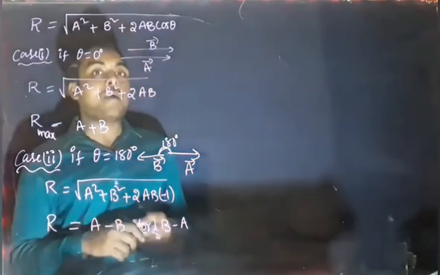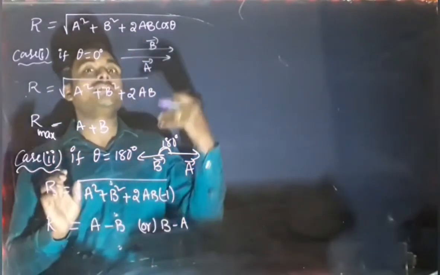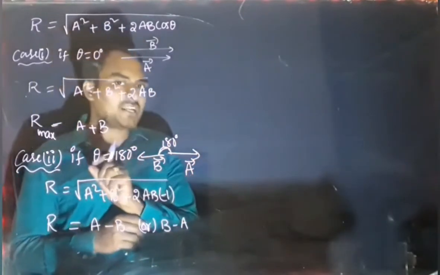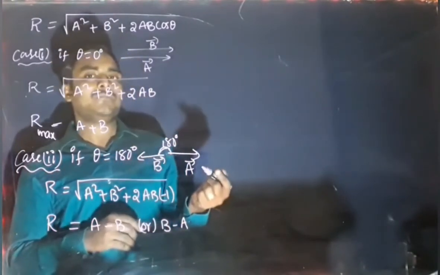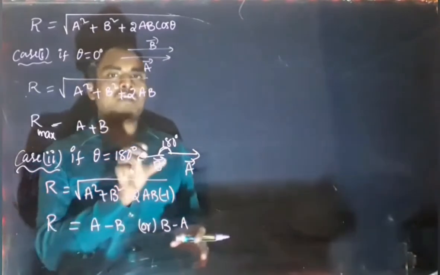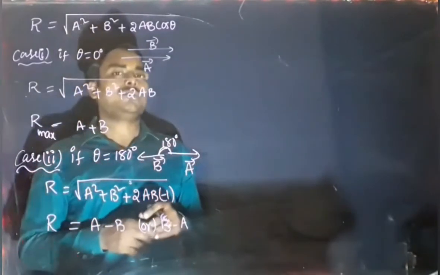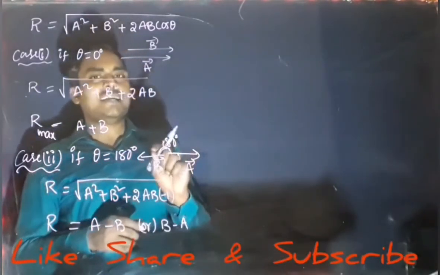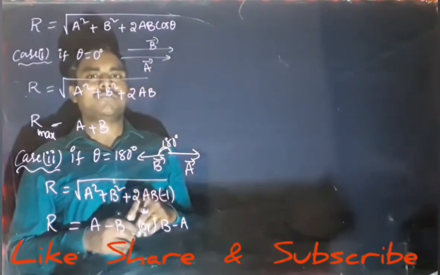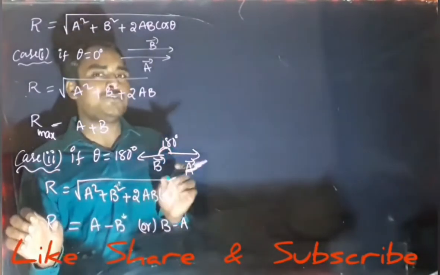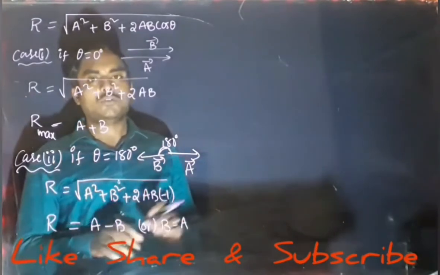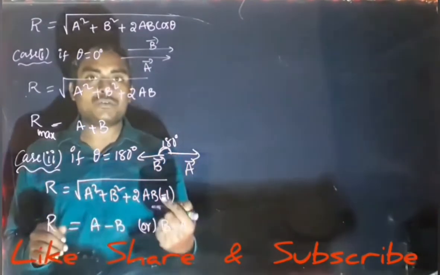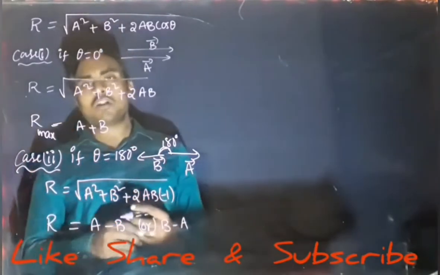Because R is the magnitude of the resultant vector, magnitude can never be negative. A vector can be negative. So if the right side vector is positive, then the left side vector should be taken negative. The minus sign indicates opposite in direction. But R is a magnitude, it doesn't have a direction, so it cannot have a negative sign. It shouldn't be negative, which means you should always write greater value minus smaller value.